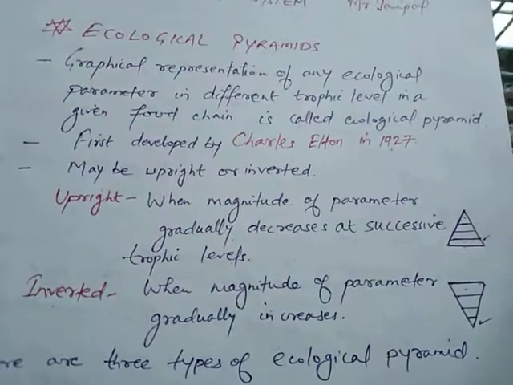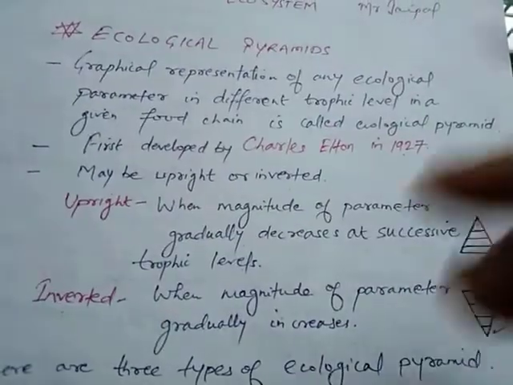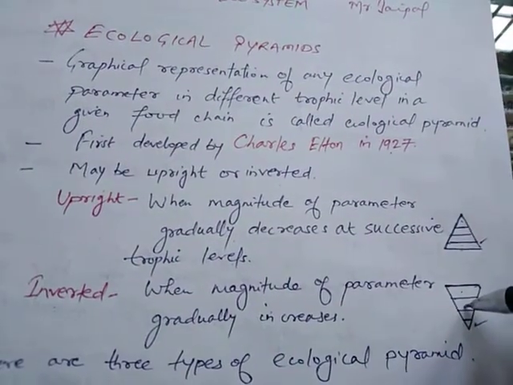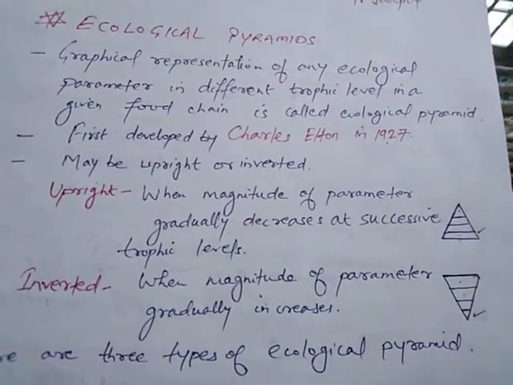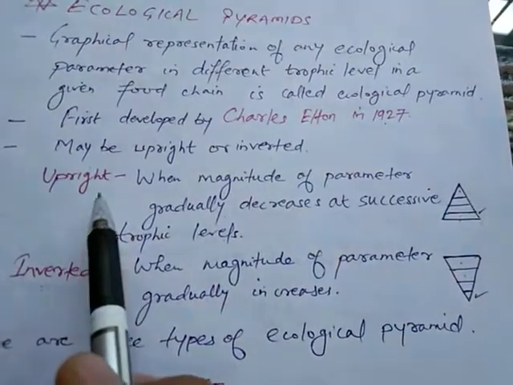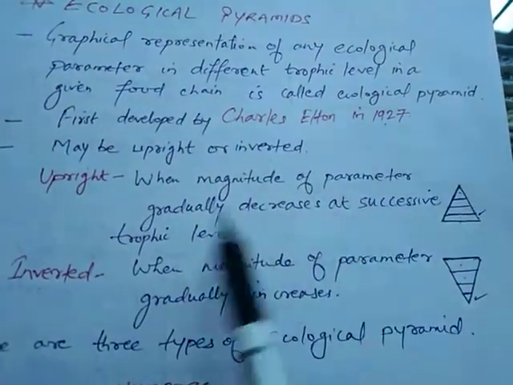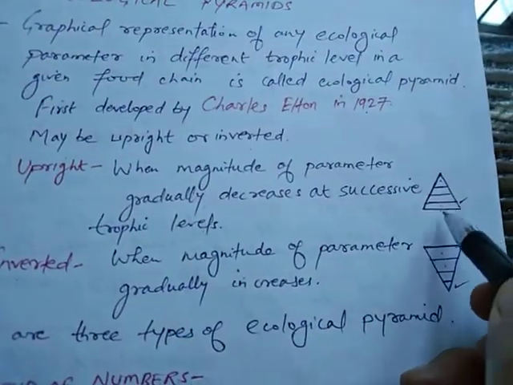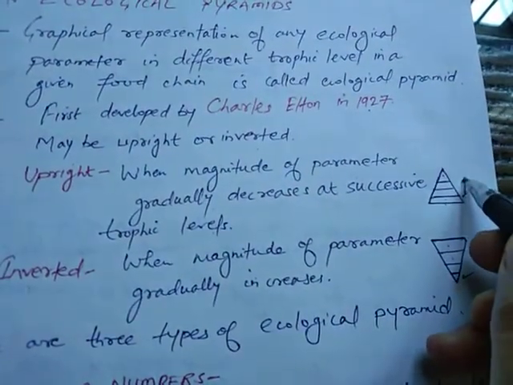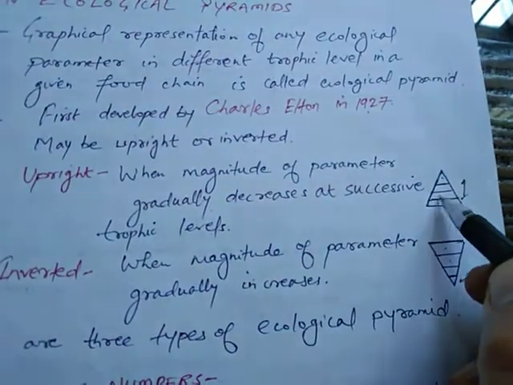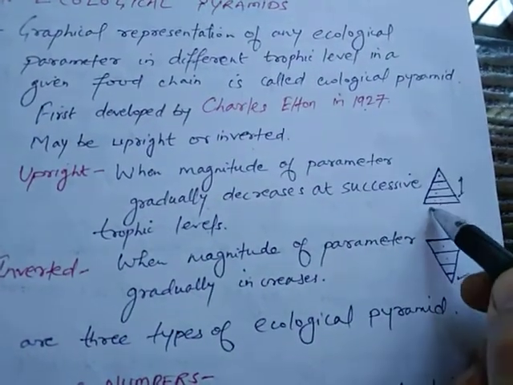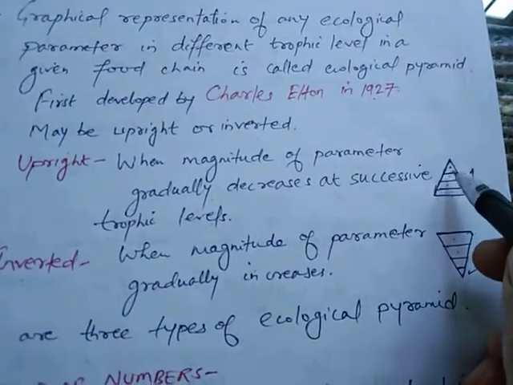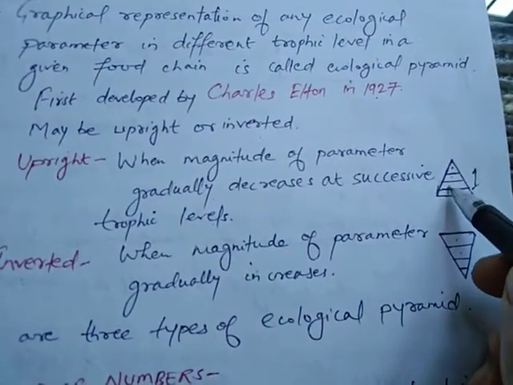So ecological pyramids may be upright or inverted. This is upright, this is inverted. When it is upright, the magnitude of the parameter gradually decreases at successive trophic levels. You can see this one is upright, and here the magnitude of the parameter is decreasing. You can see here it is forming a cone-like structure, and the parameter at each successive trophic level